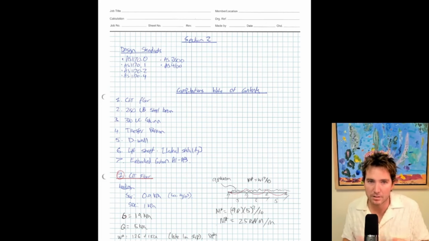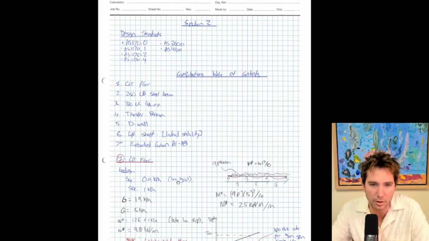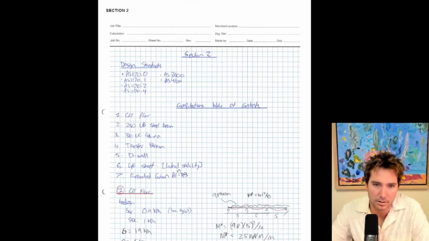column, the transfer beam, the D wall, which is required for the basement, the lift shaft, which is critical because it's my lateral stability system. And then we've also been asked to calculate embodied carbons A1 to 3, so I include that too. So when I work out my floor loads, just include,